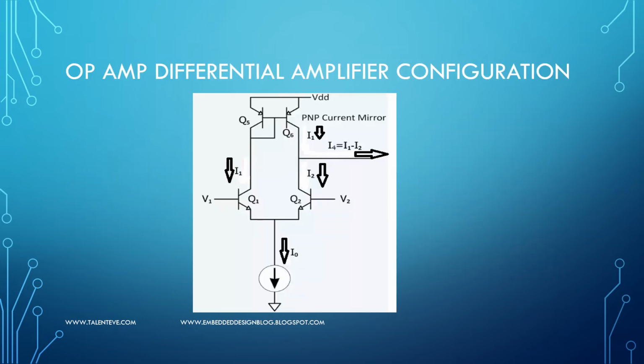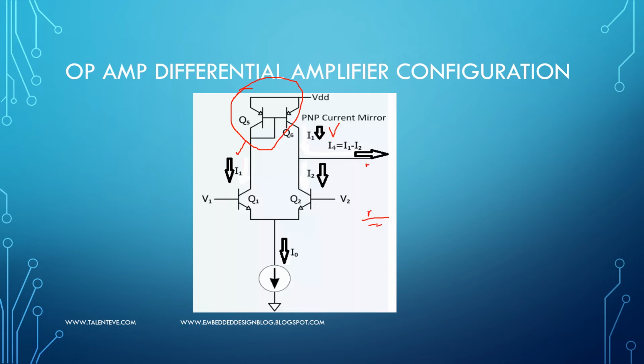Now discussing further, this is the op amp differential amplifier configuration. In the previous slide we just talked about a basic differential amplifier circuit, but in the op amp this is how the internal circuit looks. Here, if you see, this is called a current mirror circuit. What it basically does is mirror the current that is going into Q1 into this particular section. So the current flowing here would be the same as the current flowing here, and then there will be some current flowing here, and the output terminal here, with reference to ground,